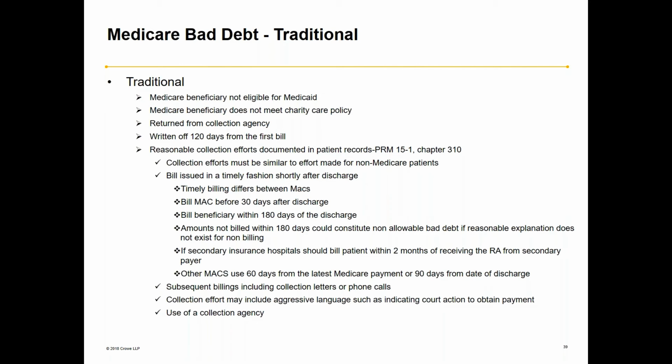So the first bucket of a Medicare bad debt is your traditional bad debts. This is where a lot of work is put in, in order to be able to claim this as a Medicare bad debt. So a traditional bad debt, it's your Medicare beneficiary, not a